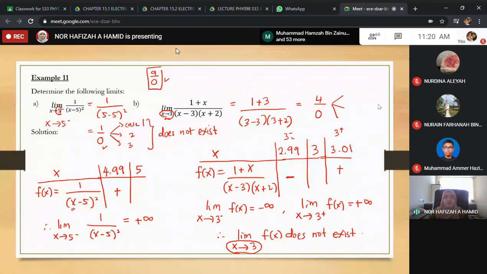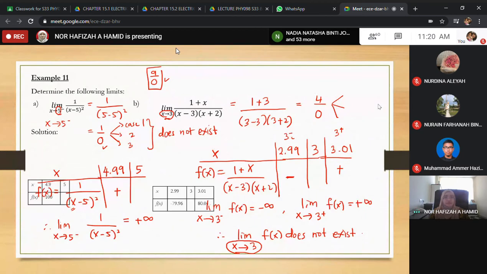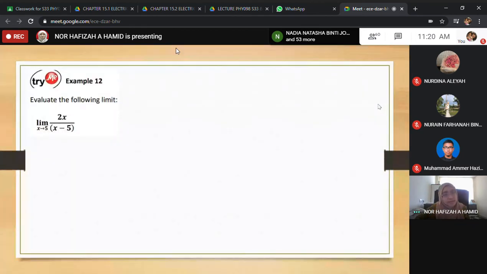So yang ini for example 11. Next for example 12. Okay. So example 12, you need to evaluate the limit. Okay, so first step macam biasa, you try substitute value to 5 over with 5 minus 5. So you dapat 10 over 0. Okay. So you buat table kalau dia in terms of